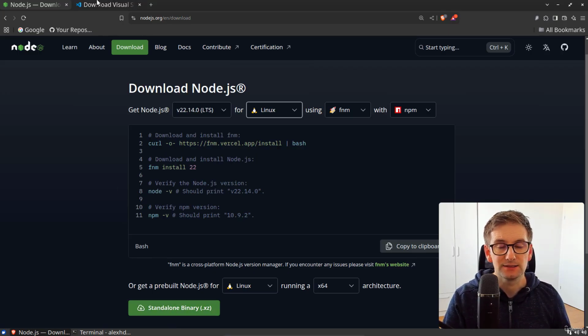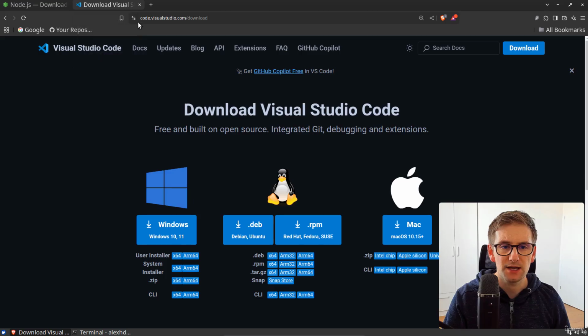The second tool that I'm talking about is a code editor. Any code editor that you prefer will do just fine. We won't use any special features of any code editor. Inside this course, I will use Visual Studio Code. If you don't have it installed, you can go to its official website /download and download it for your specific